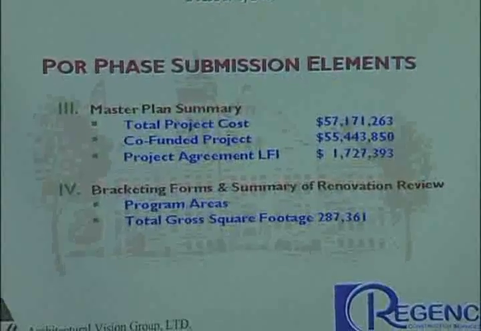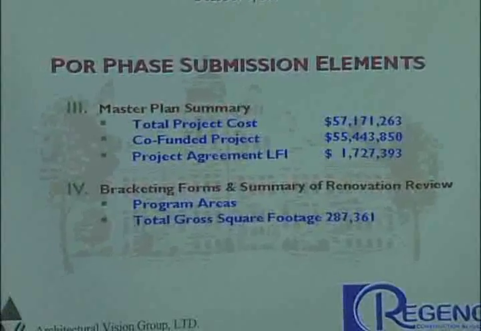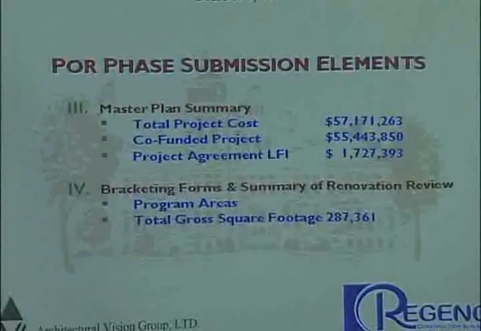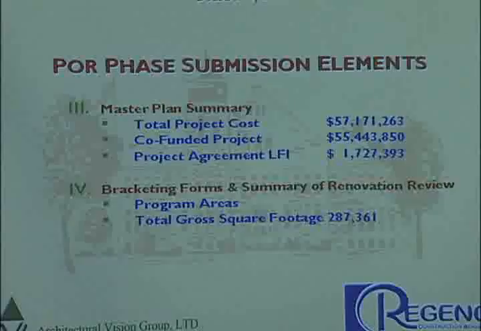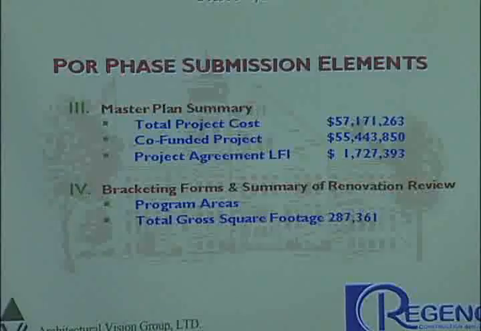Your consensus master plan that you have with the Ohio School Facilities Commission. And you can see at the bottom that you have your total project cost. It illustrates your co-funded project amounts and then the project agreement LFI. Now there's a lot of papers that are behind this master plan summary that you probably haven't seen in the